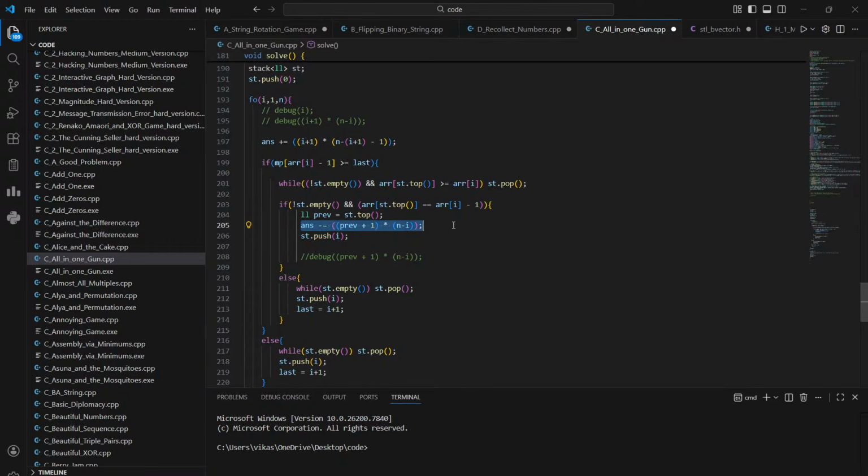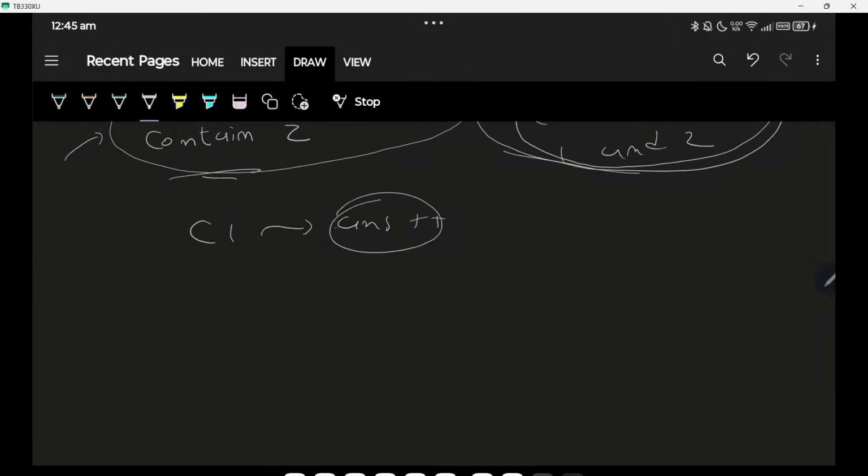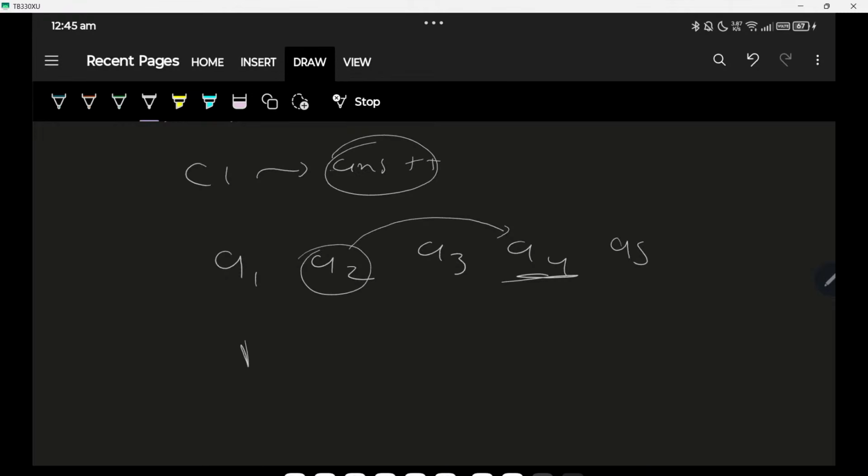What is the case? Let's say my element is something like this, A5. This is the A4. Currently I am at this fourth value and I want to find the contribution of this one. And I find that this A2 can be made from this A4. If you just see more carefully, this is the case, right? A4 is 5. So for this 3,